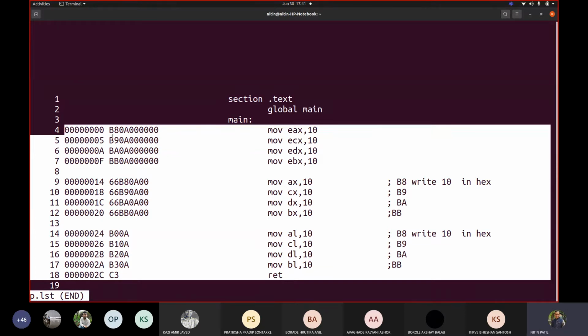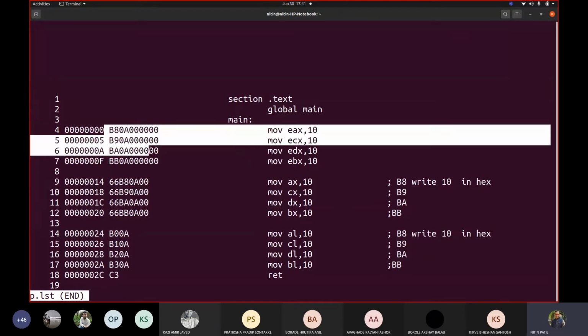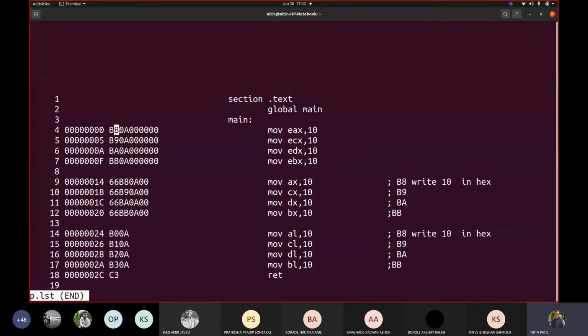And only this kind of code can be understood by the machine, this B8, B9 and so on. It knows it has an association. Whenever it is B8, that means definitely it is mov EAX with some operand. Whenever it is 66 B8, then it knows it is mov AX, comma something, and which needs to be fitted appropriately.